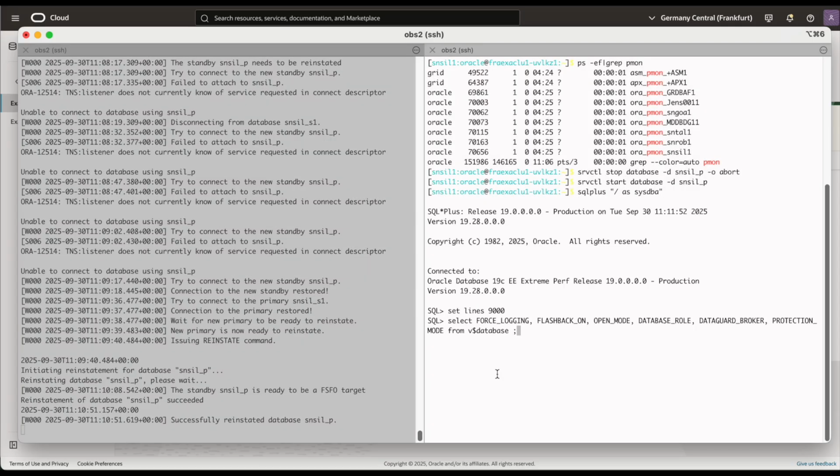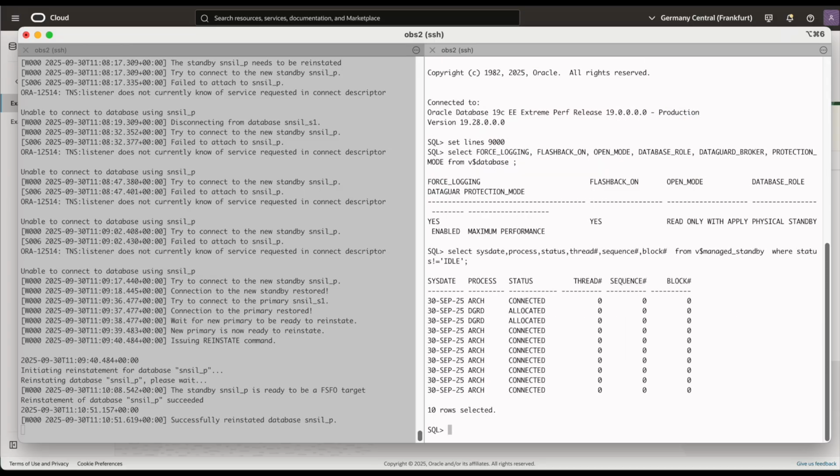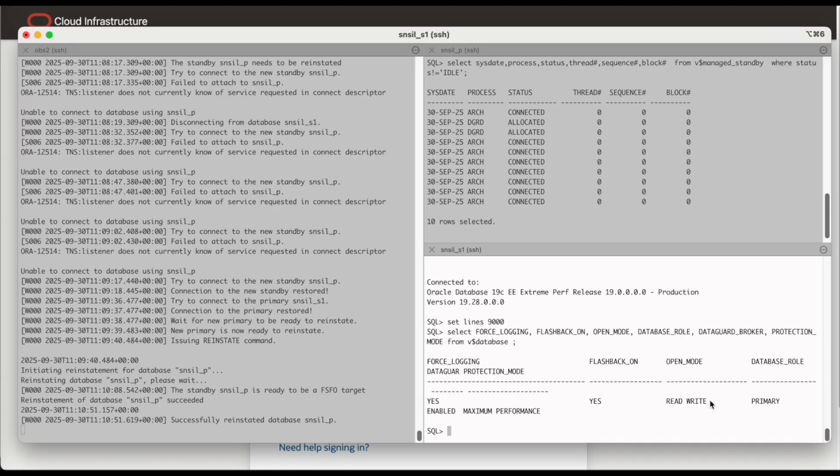The database mode is now read-only with apply and the role is physical standby. The old standby after failover is in read-write mode and the role as shown is primary.